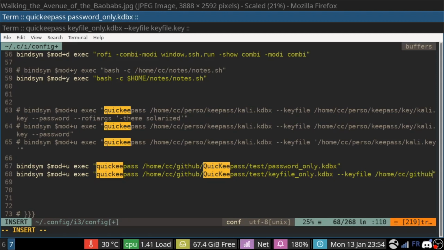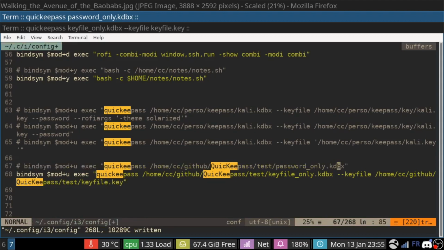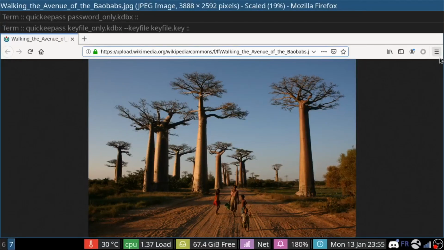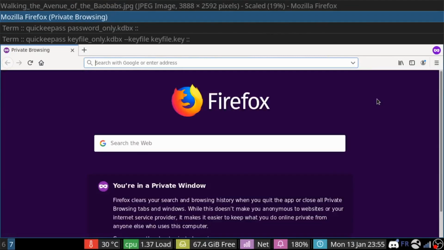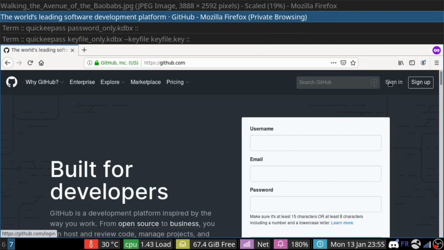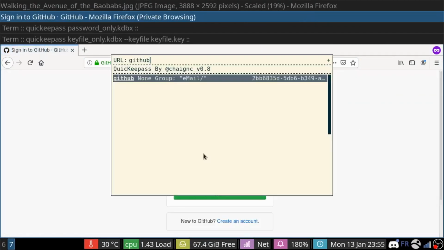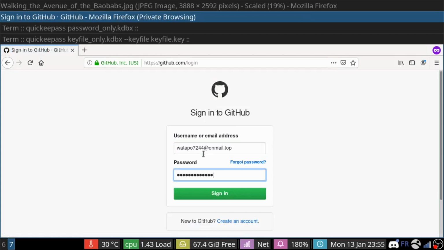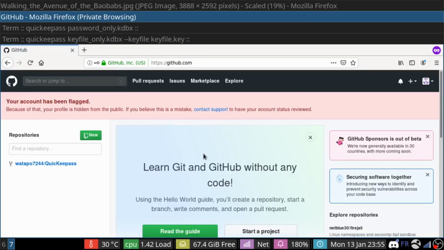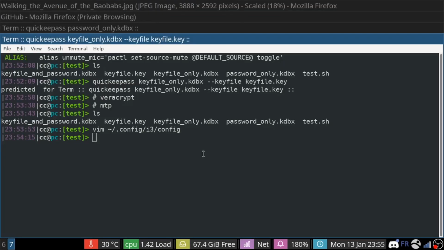Here we go. We reload the configuration file and we go back to the authentication of GitHub, because this is our main demonstration website, but it works everywhere actually. You just press Alt-U and Alt-Enter. You saw that it's not required to enter the master password this time.